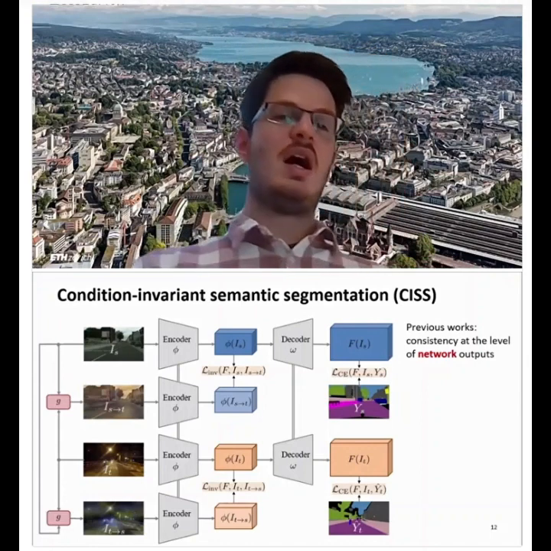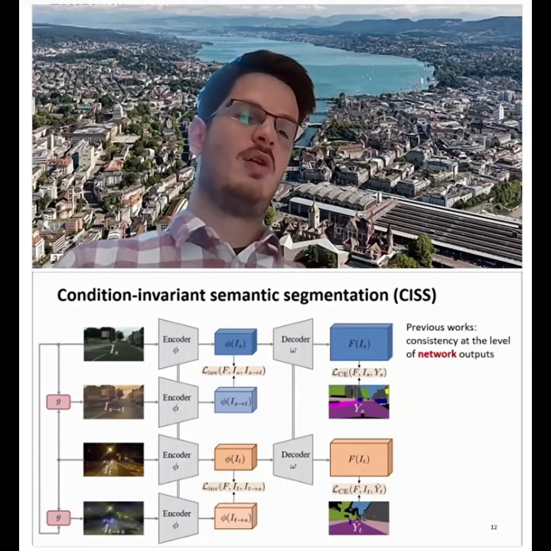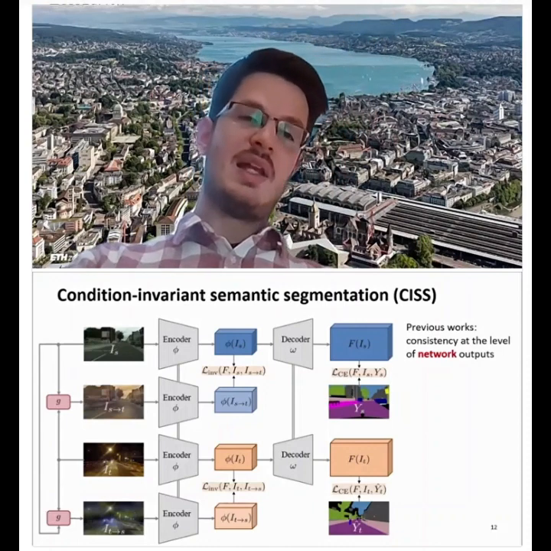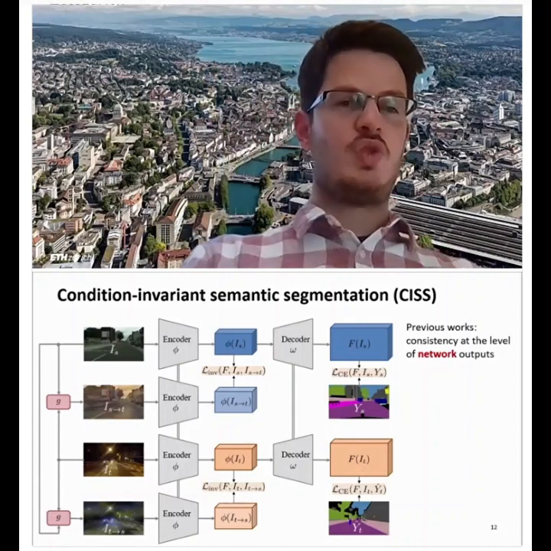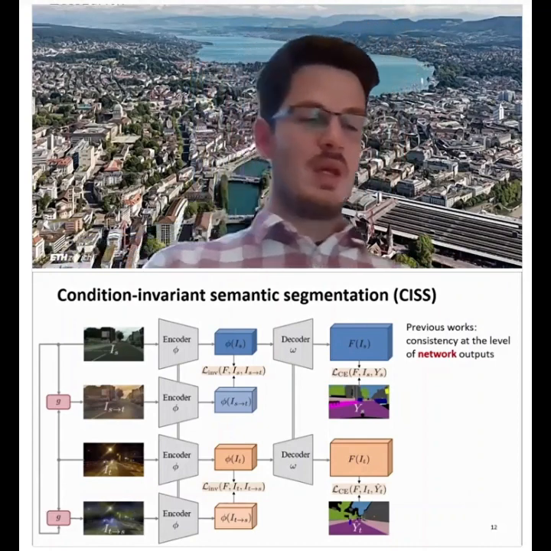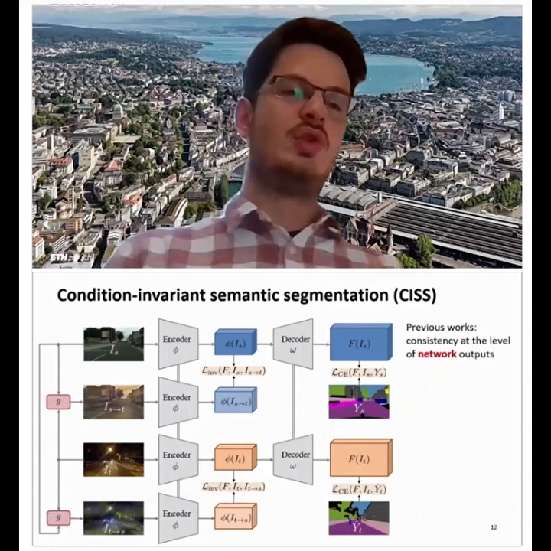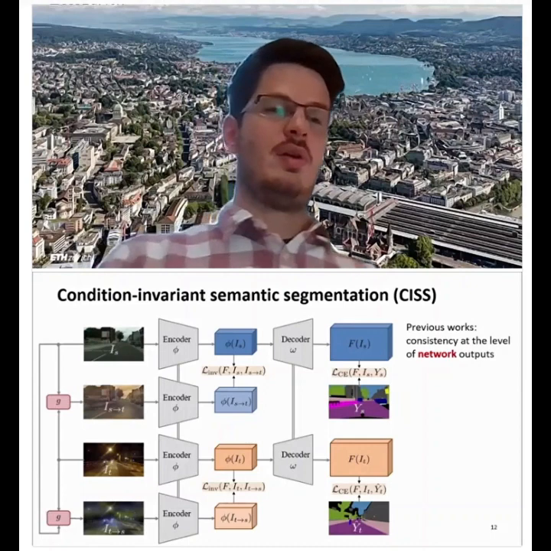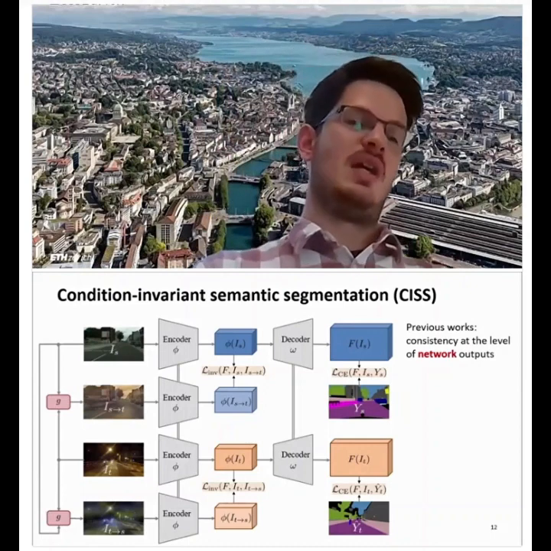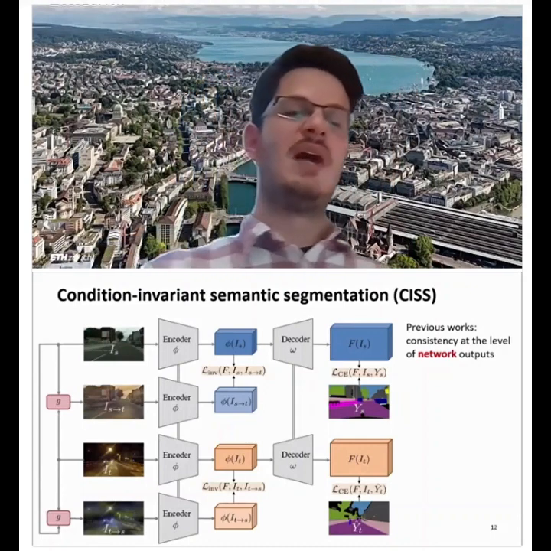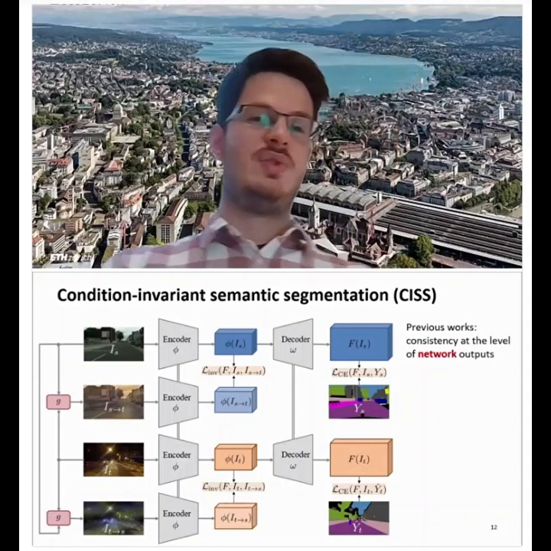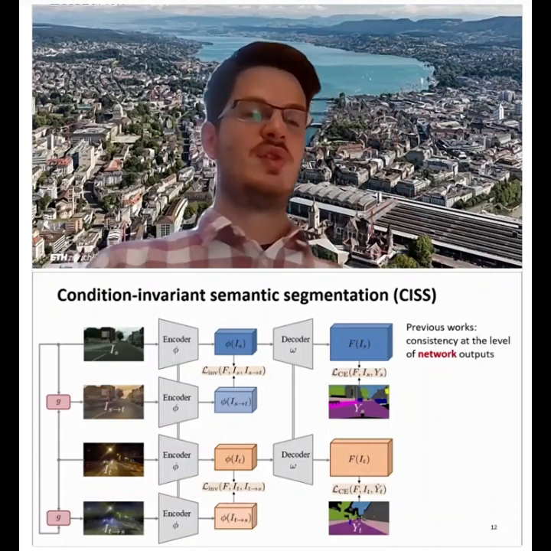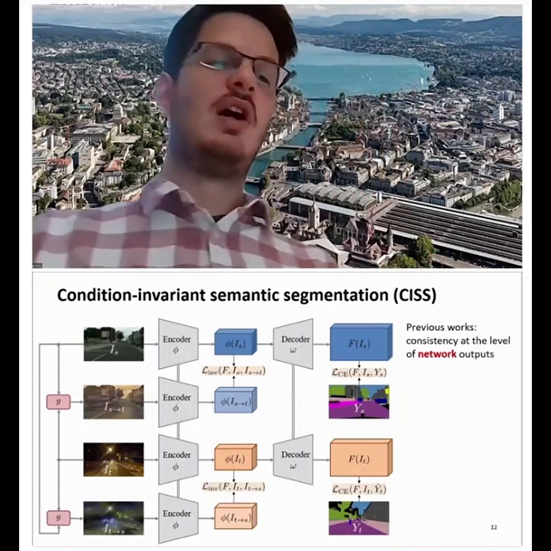And our model also includes a non-learned stylization module, G, which basically applies a shallow stylization operation to transfer the style of the target image IT to the source image IS, and vice versa. So we can have stylized versions IS to T with the content of the source image and the style of the target image, and stylized images IT to S with the content of the target image and the style